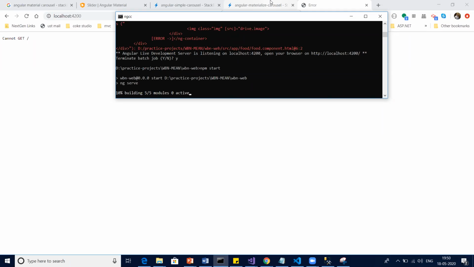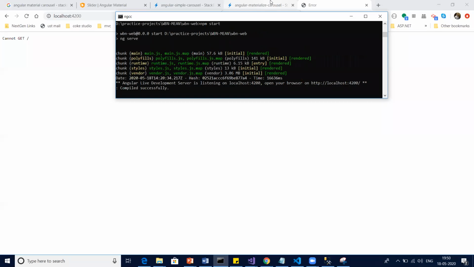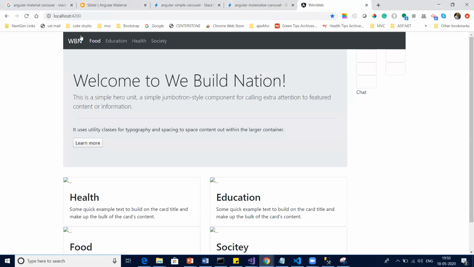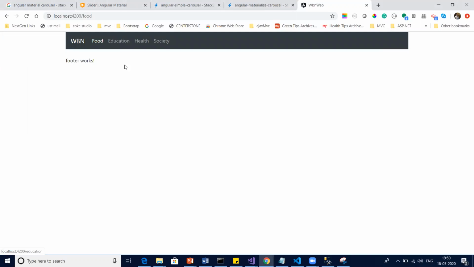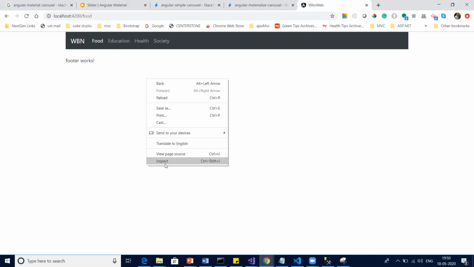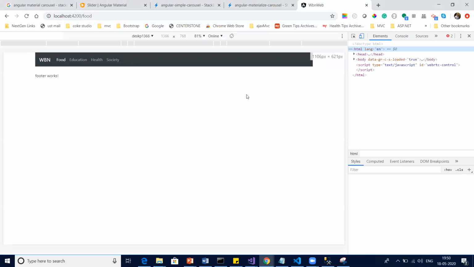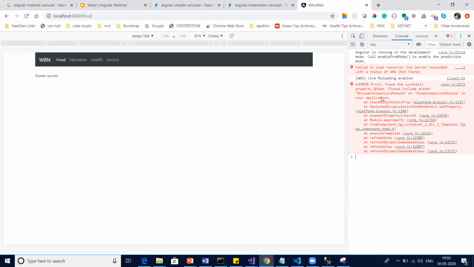Once it starts working, we'll see which CSS is pending. Yes, compiled successfully. Good. Go to the food tab. At the food tab nothing is working, because of course an error is coming.